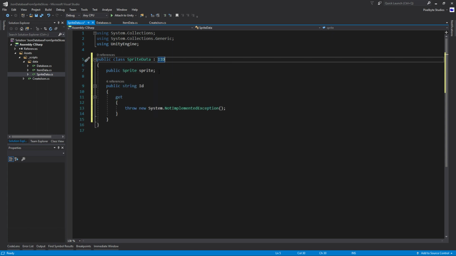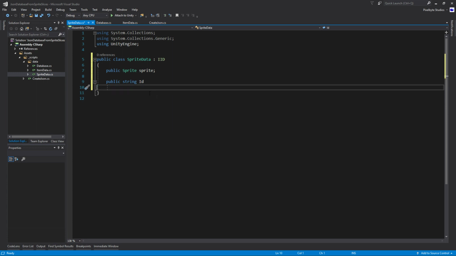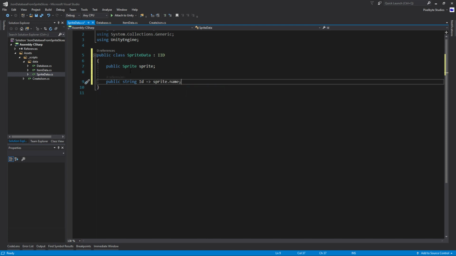It's also going to have to have the name of the sprite, which we can do with the new C# 6 features, just like this, which is really cool. We can just return sprite.name because we already said that's really what it is. So a nice compact little